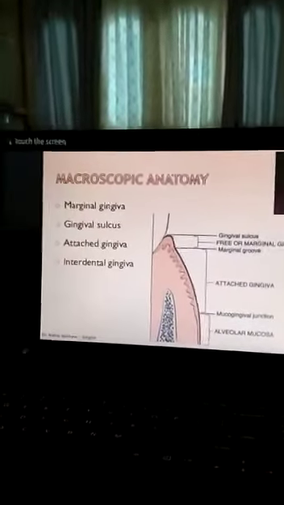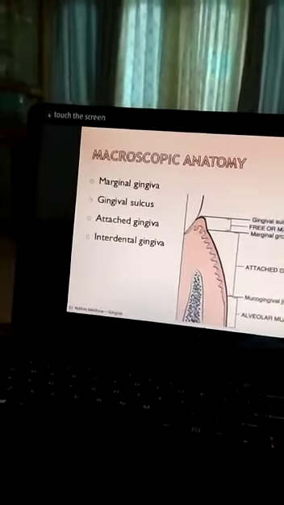Microscopic anatomy of the gingiva contains marginal gingiva, gingival